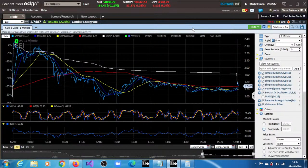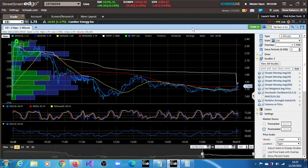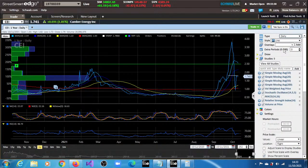11th of October. That's what we're dealing with right now. It's challenging its volume weighted average price right now. Okay, in the pre-market session it was up more than what it is right now. So let's look at the volumes we are talking about here. 901 point something million. So let's look at the daily model and get the volume for this session. 228 million, 28.882 million. That's what we're talking about here for